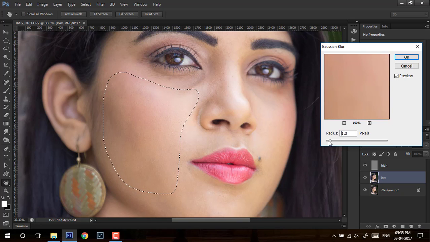So you can see this is without blur, and this is with a lot of blur, which I have done just to show you. We don't have to go that much. So we'll go somewhere around 40 for this image.